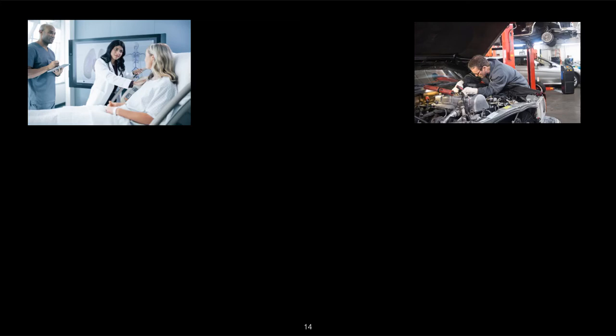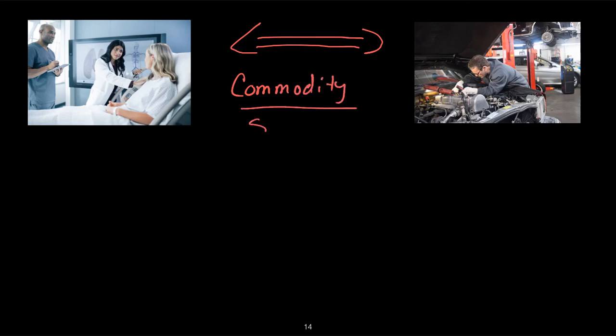Let's say that I wanted to compare healthcare to any other commodity or service. The analogy I want to draw is one between healthcare and, say, auto repair. The argument I want to make is that healthcare is a commodity or a service just like automotive repair is a service. So I look at the two and I say, well, when we're talking about healthcare,